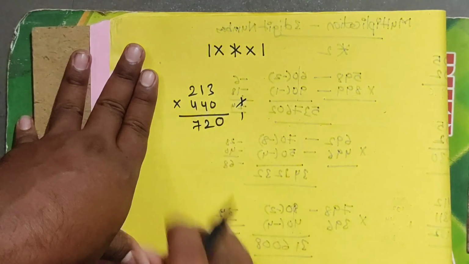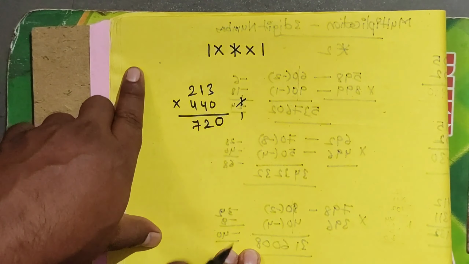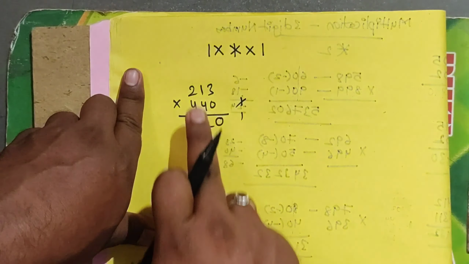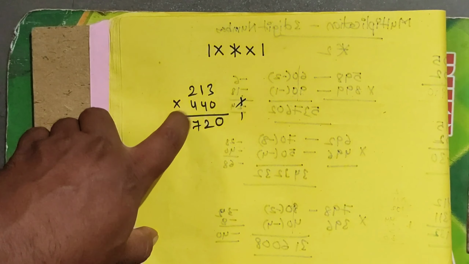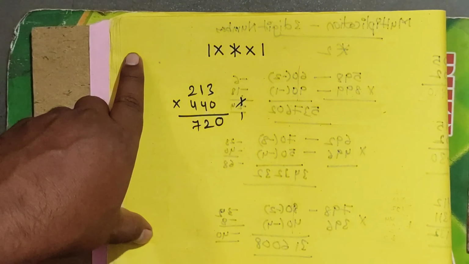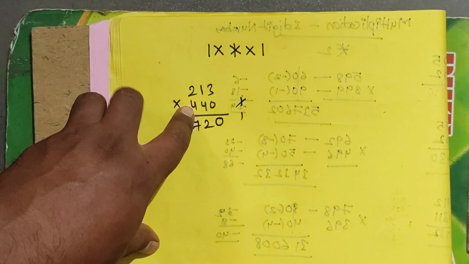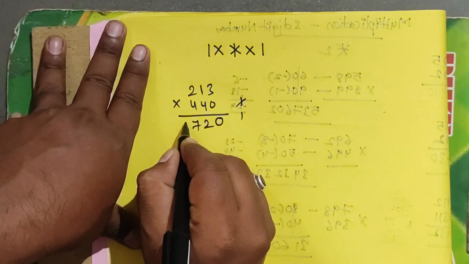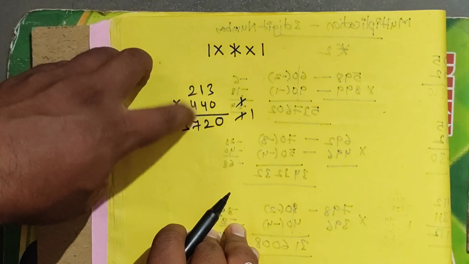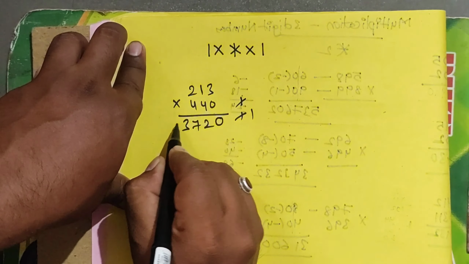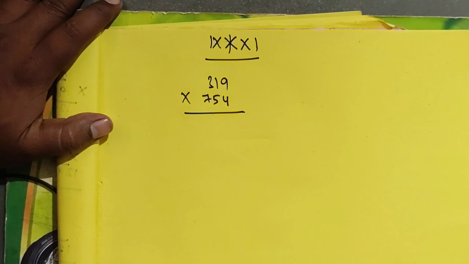7, then carry 1. Now again we have the cross, so take the 2 digits, meaning we remove the 2 and multiply only 2 1 and 4 4. Now 4 into 2 is 8, 4 into 1 is 4, 8 plus 4 becomes 12, 12 plus 1 becomes 13, 3 carry 1. Now the last digits: 4 into 2 is 8 plus 1, so it becomes 9. So 93720, this is the answer.